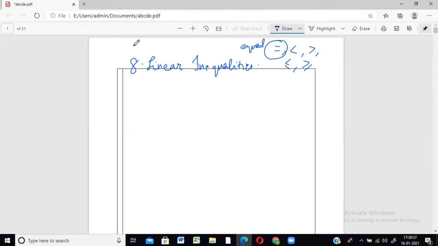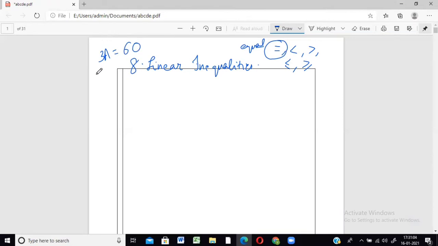the quantities. Suppose I compare the price of 3 apples is equal to the price of 6 oranges. When I'm comparing, I'm telling you the price of 3 apples and the price of 6 oranges are both the same. If this is 100 rupees, then that is also 100 rupees. So when I use the word equal to, it gives me a clear idea that these two are exactly equal. The amounts are exactly equal.